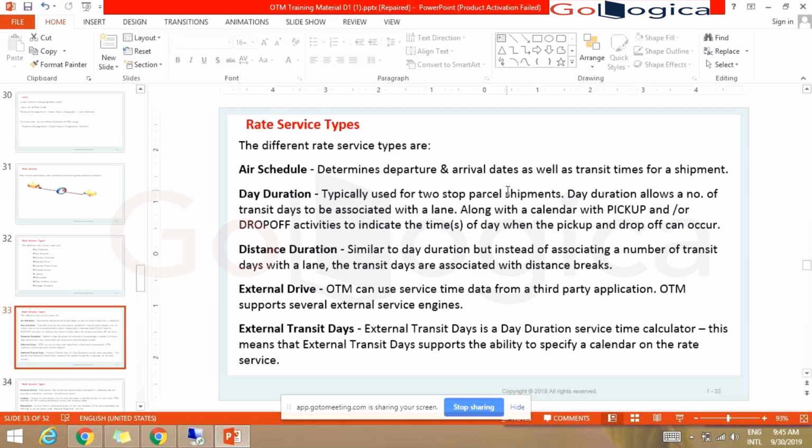We'll configure it in such a way that partial shipment means the parcel transport mode will be used. So parcel is basically a transport mode, and it is picked when the weight is below 150 lb.